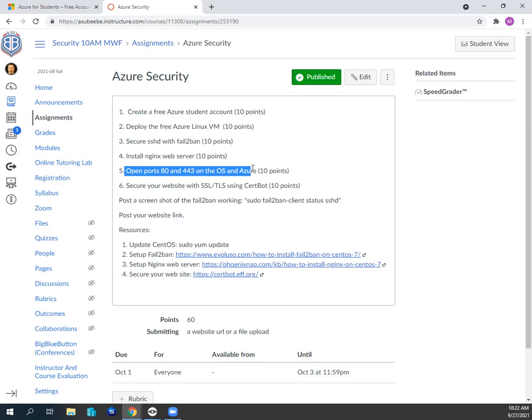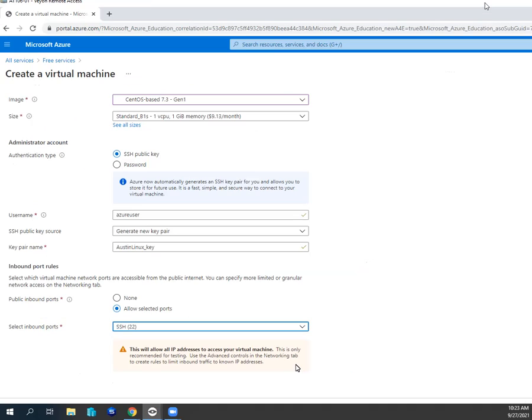That way, you know how to make changes to the firewall. If you do it right now, it's scripted and done, and you won't know how to go in and hunt around and make changes in the future. So let's just leave port 22 for right now, because we don't have port 80 and 443 secured at this moment. So let's just leave port 22, and that'll give you some more